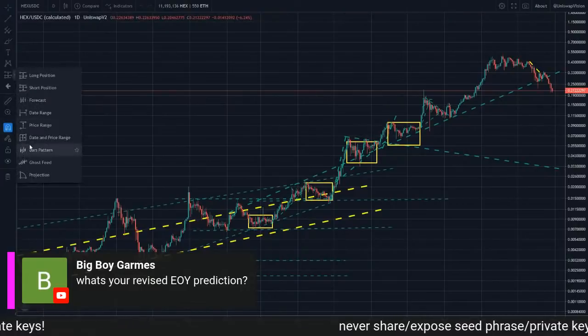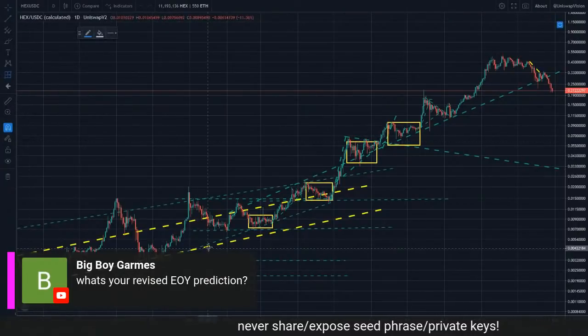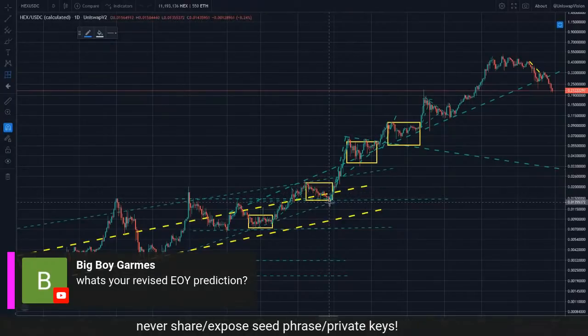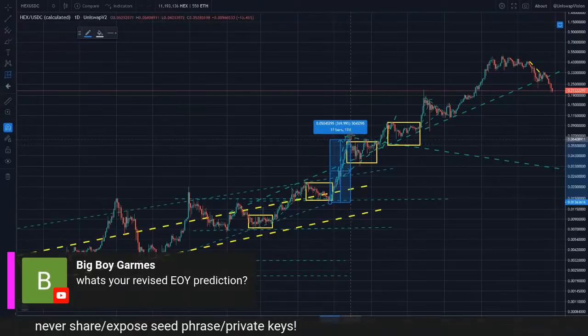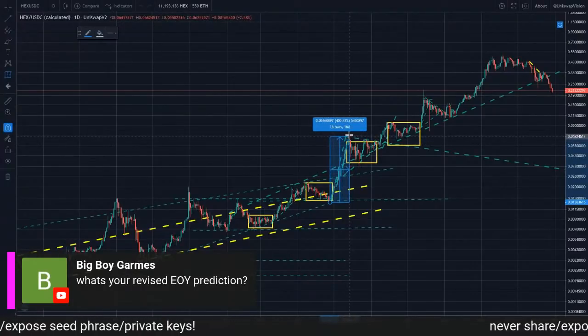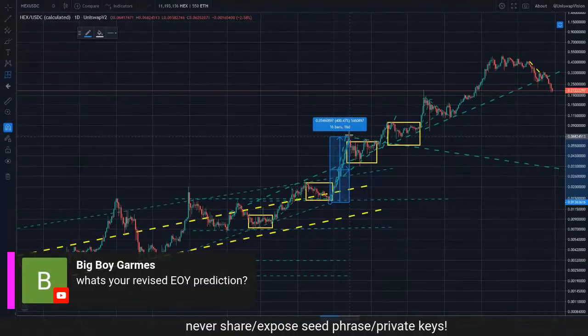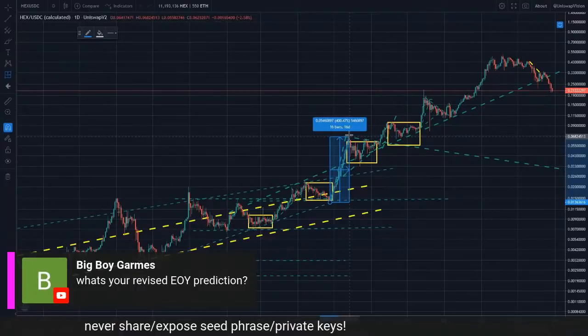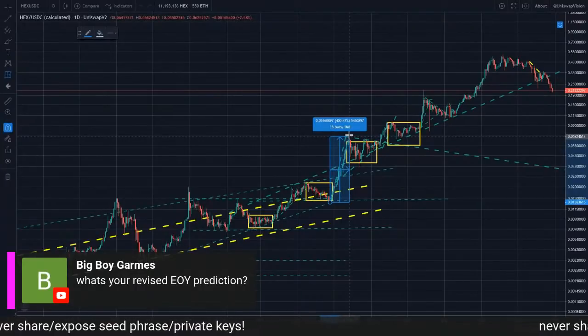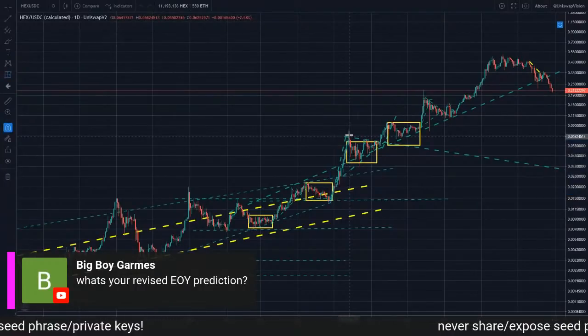Now that isn't to say it is gonna hit $10. I don't think it's gonna hit $10 now, but that doesn't mean we won't hit $2, which I still think is possible. We hit 16 days for 100%, right? In April. That was the start of the big bull run for us in Hex. Right. But before that,